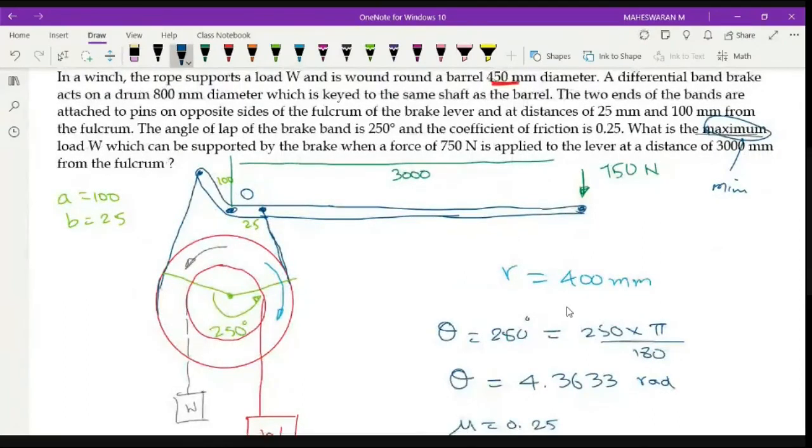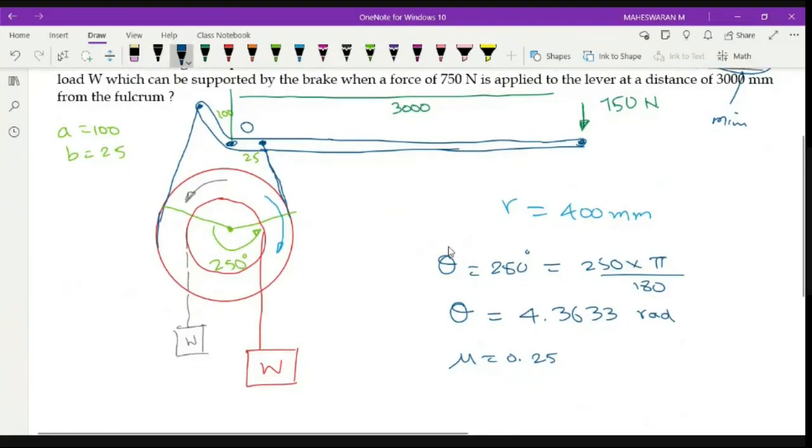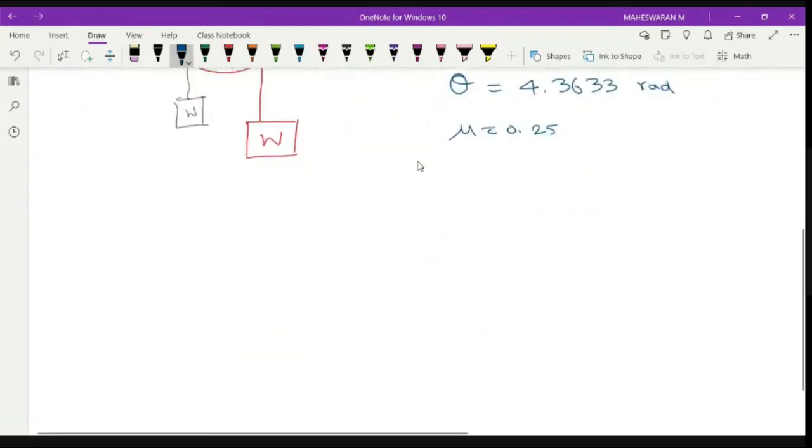Right. So whether you are able to identify the values based on that. Of course, there will be a change in both of these, so I have to do it separately, because your T1, T2 will change. Previously the problem asked you to identify the force, but now the force is given, which means the only way to identify T1, T2 is taking moments and equating that to the T1, T2 relation. So your moment will change when it is rotating clockwise or anti-clockwise. We will do it like that.